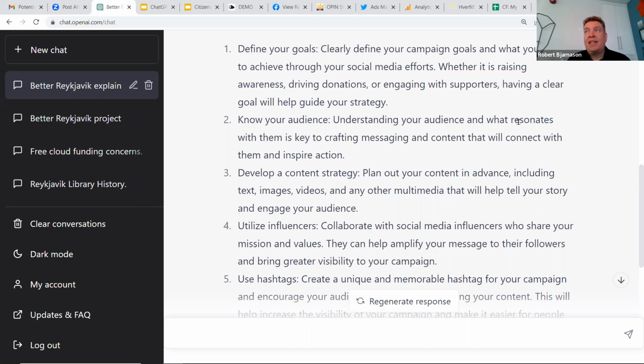I used to joke 2 years ago, when TikTok was getting really popular in Iceland, that the city of Reykjavik would probably have a TikTok dance soon. Well, last year they didn't have a TikTok dance, but they ran a really successful campaign on Twitter, which comes to point number 4,